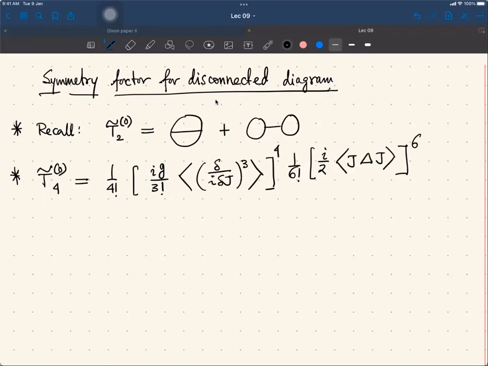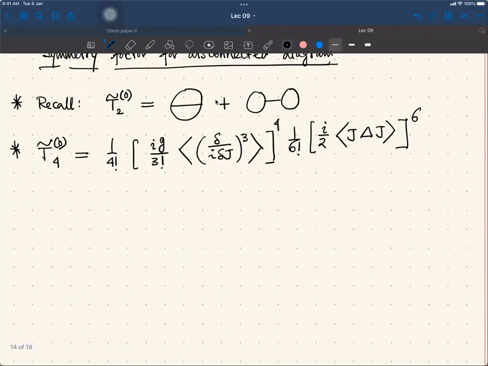So this is the 4 vertex contribution, the g to the power 4 contribution to the vacuum part of W tilde J,